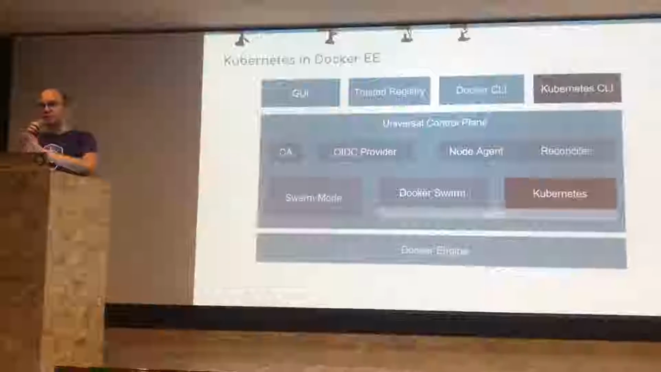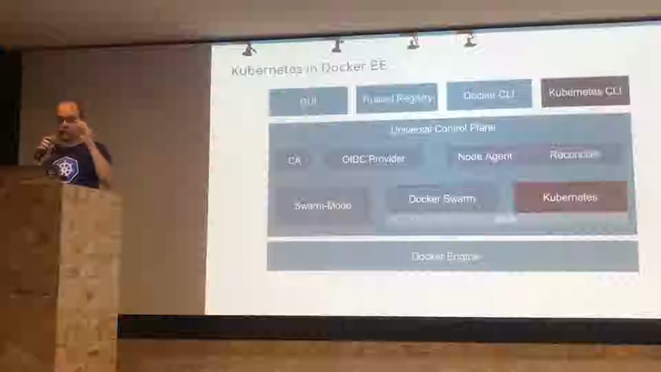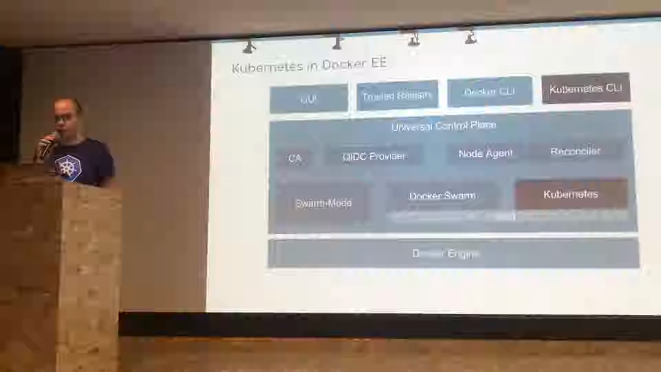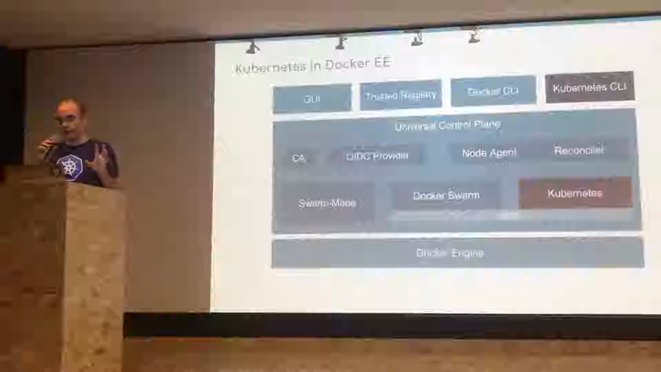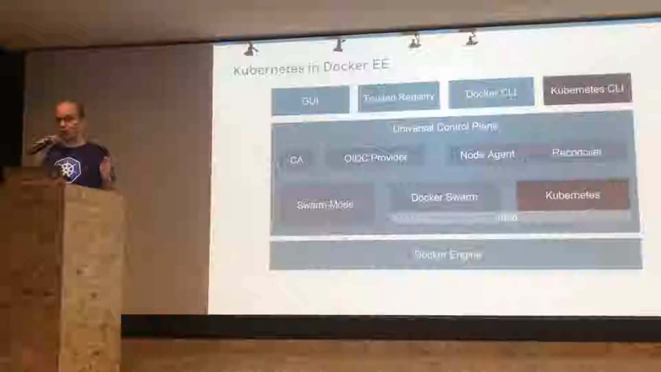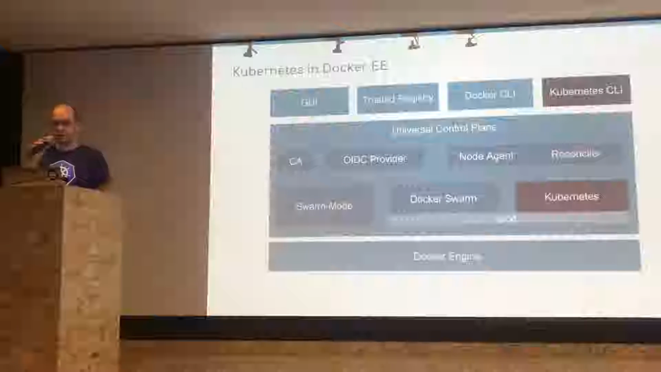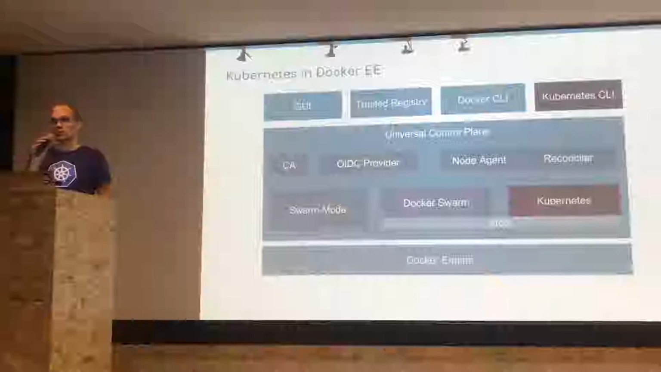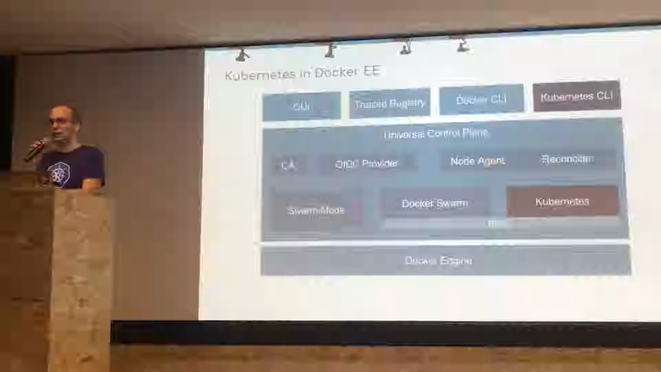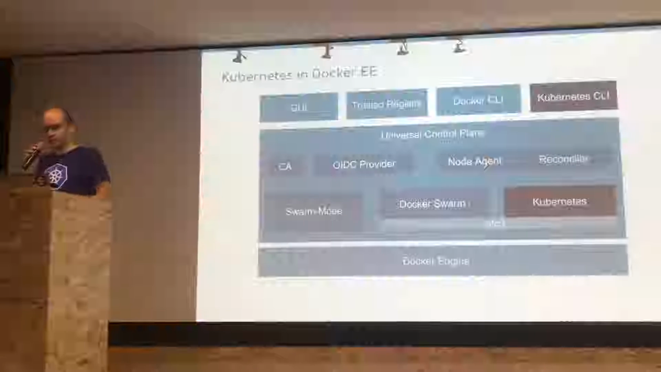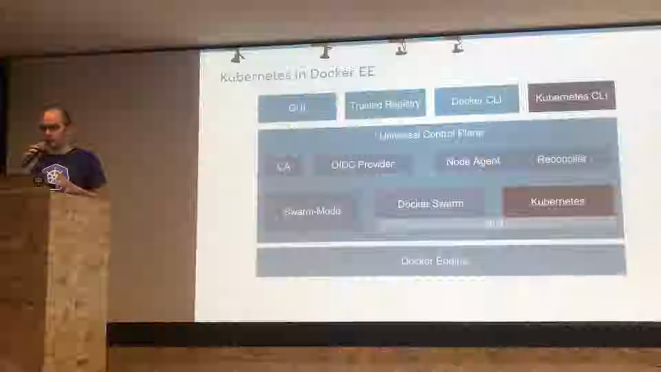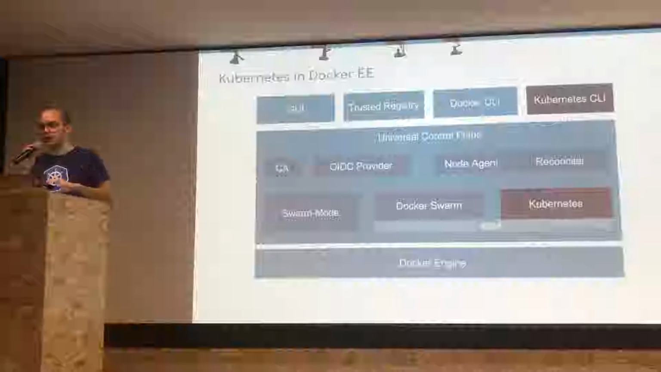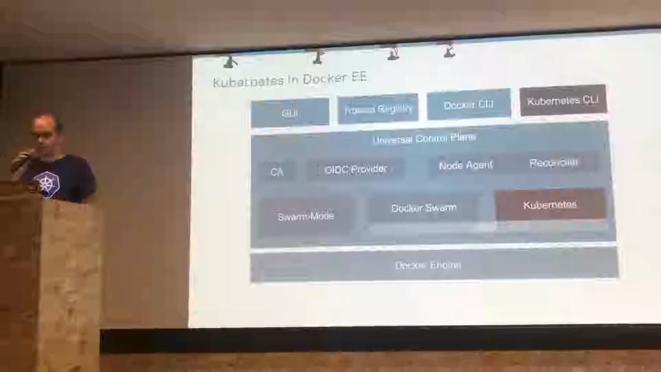And then in the middle is the control plane product of Docker Enterprise Edition called Universal Control Plane. And that control plane product includes all 3 of these orchestrators we talked about. So you have Swarm mode for services, you have Docker Swarm for single containers, and you have Kubernetes for Kubernetes workloads. In this case, as an implementation detail, Docker Swarm and Kubernetes share the same etcd instance, which is managed